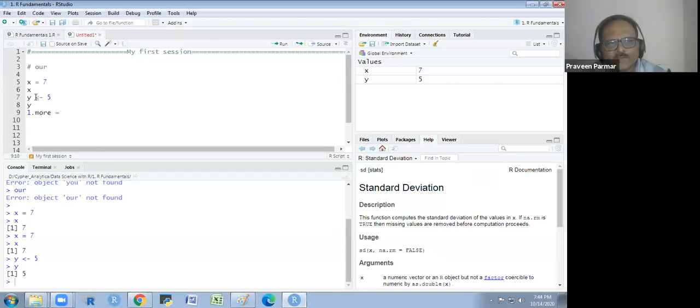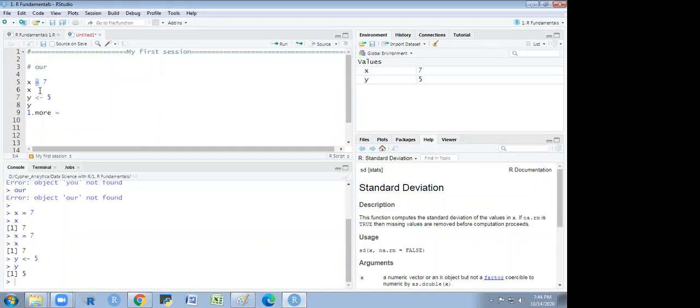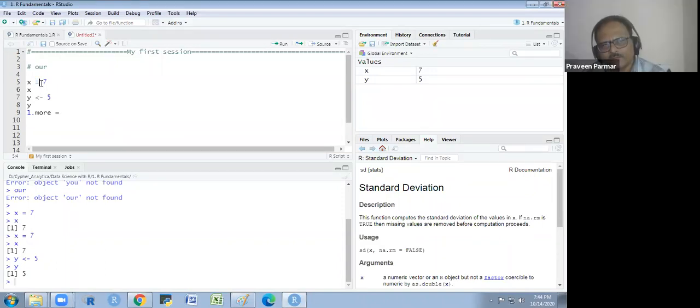This symbol is for assignment, and equal is also for assignment to an object. Both are the same, no problem, but using the arrow symbol is good practice.